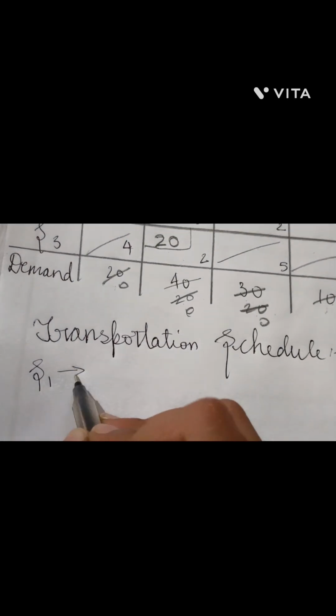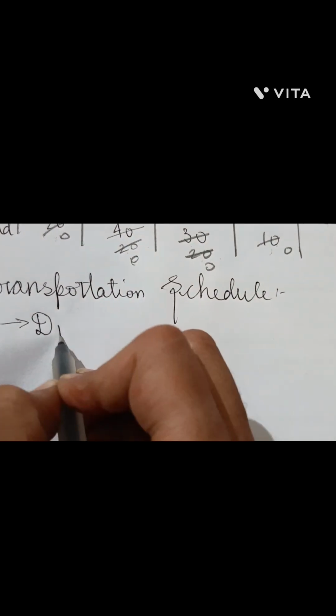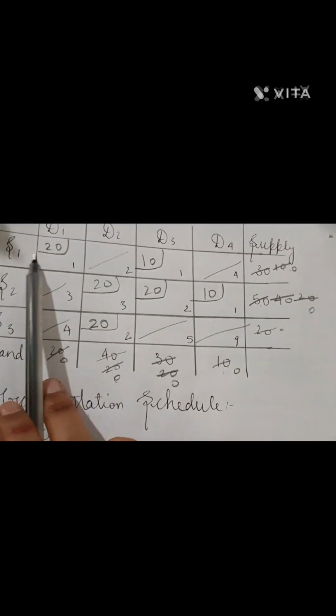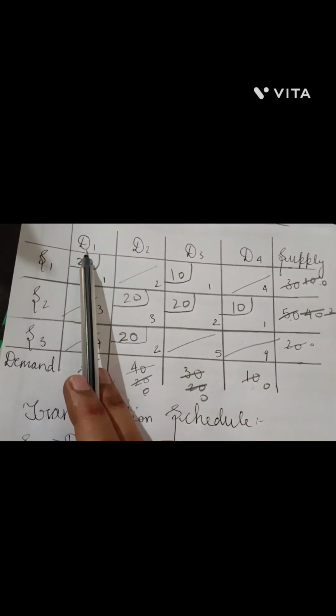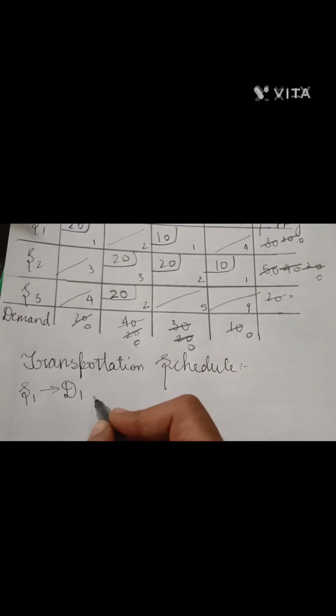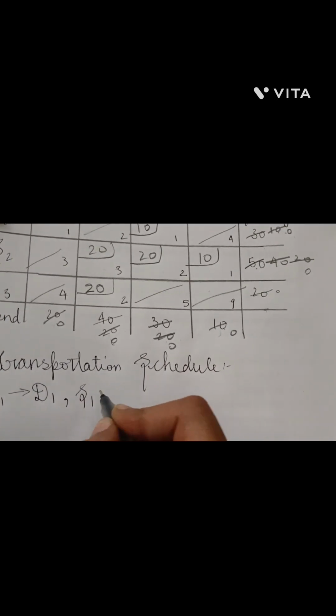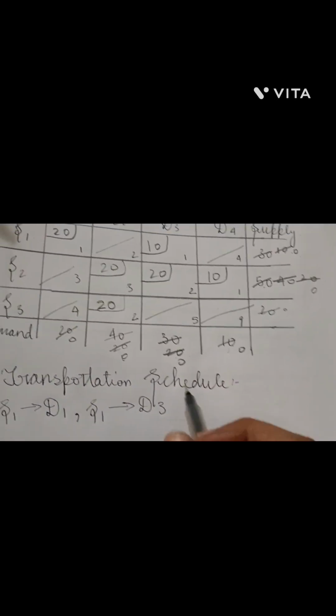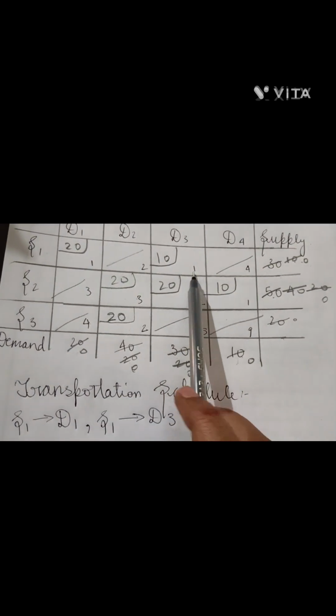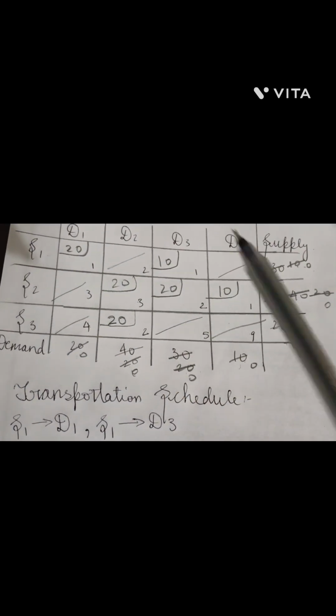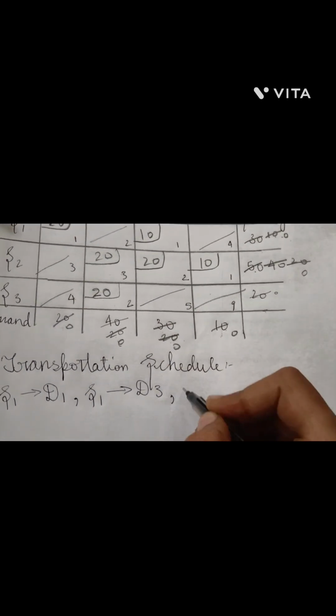S1 to D1, which means this is the first cell that we choose to allocate, so that is S1 to D1. And then secondly, that is S1 to D3. The second cell that we choose to allocate is this one, S1 to D3. And then the third one is